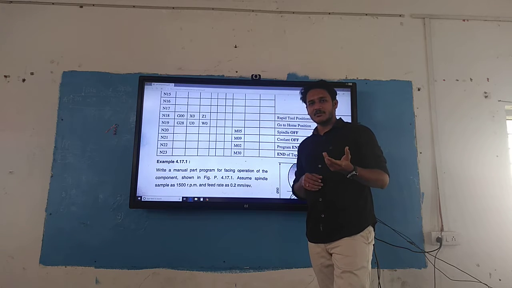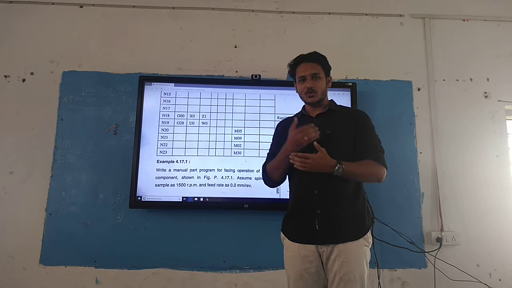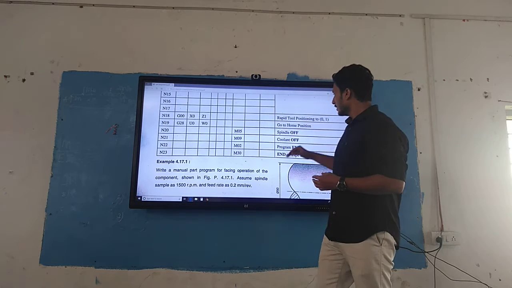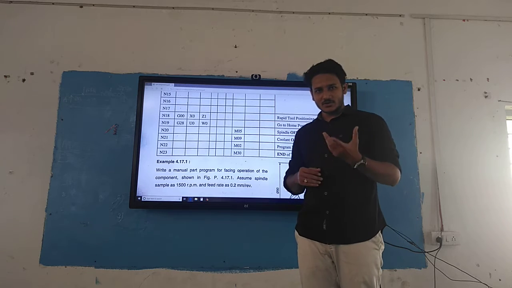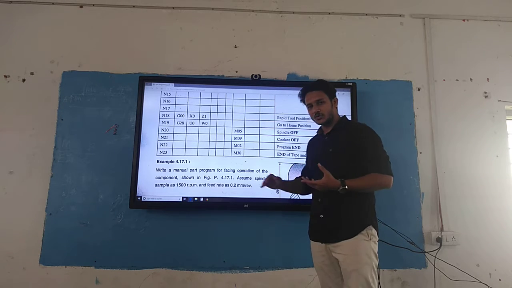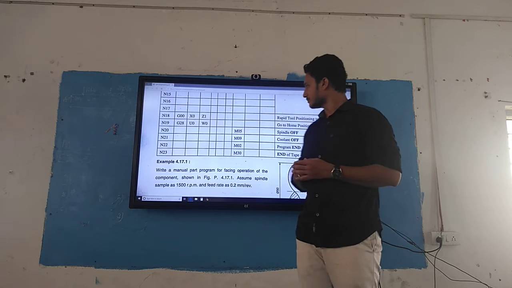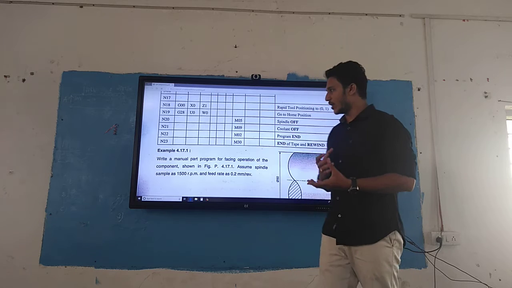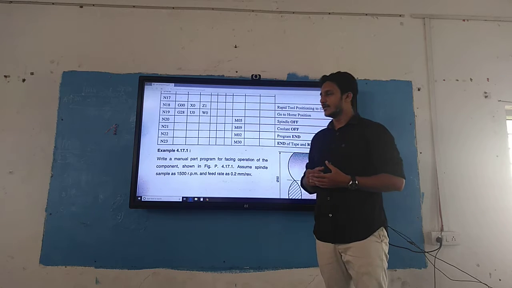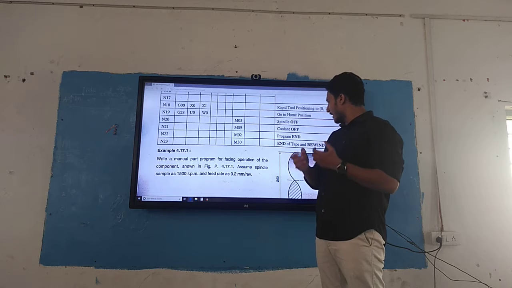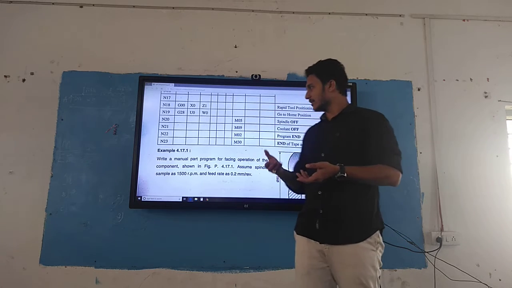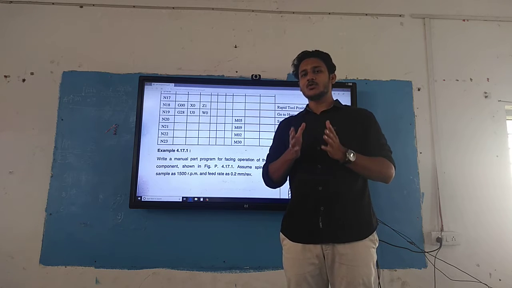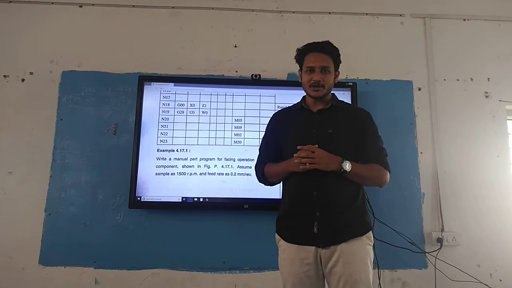Once the spindle is on, you have to turn off the spindle first, so go for M05. You need to turn off the coolant which is already on, and for that we have M09. Then you need to end the program, right? To end the program, you have the miscellaneous code M02, and if you want to end the whole tape and rewind it, go for M30. So this is the standard format you have to follow to write the part program.